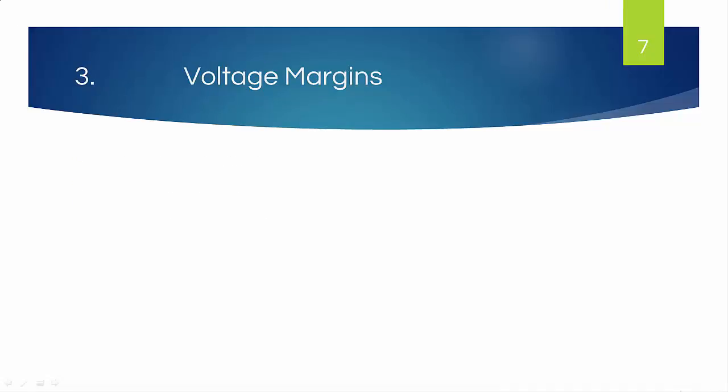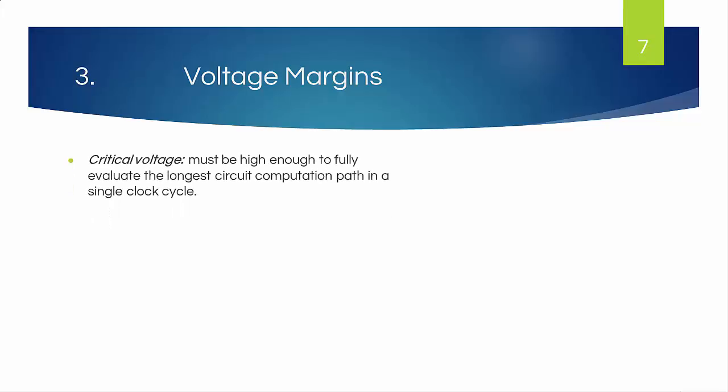Voltage margins. Now we are going to explain the margin factors that can affect the voltage required to operate a processor for a given frequency setting. The voltage must be sufficiently high to fully evaluate the longest circuit computation path in a single clock cycle. To this critical voltage, they add the following voltage margins to ensure that all circuits operate correctly even in the